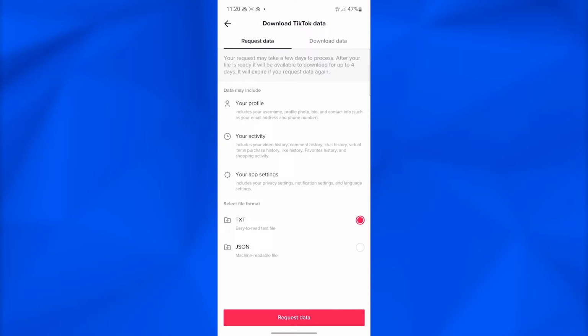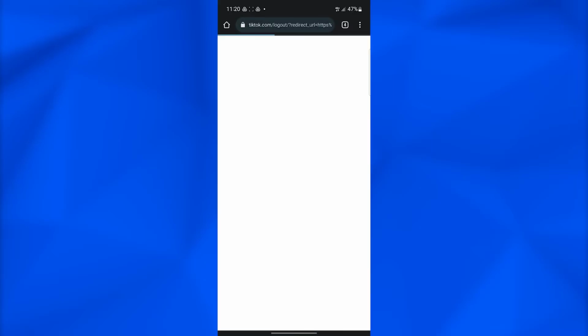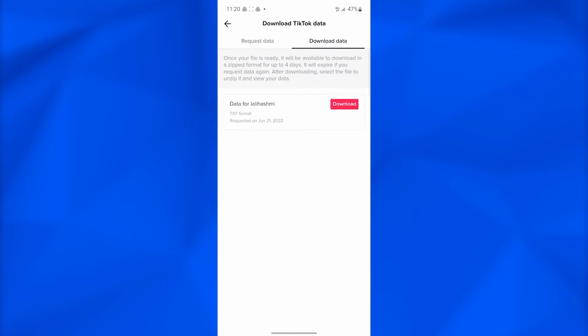days, and they will gather your watch history, they will gather your download history, they will gather every single thing that you have been doing with your profile. And then after 4 days you have to come back over here and click on download data, and then you can just simply download the data by simply clicking on download like I have over here, and it is going to start downloading. So guys, that is how easy it is to simply get your TikTok watch history in